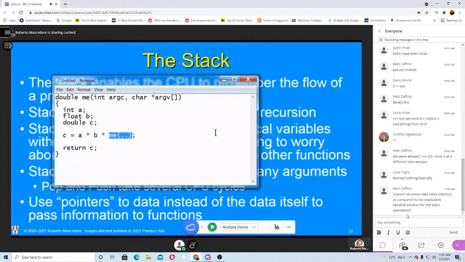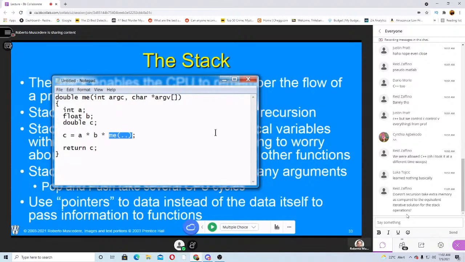Some things are not good for recursion. The classic function we often look at when we're talking about recursion is factorial. For example, n factorial is just equal to n times (n minus 1) factorial. It's a recursive function, but that doesn't mean you should program it as such. You can just do the same thing with a for loop. That's one of those functions that you can easily implement using an iterative approach. But